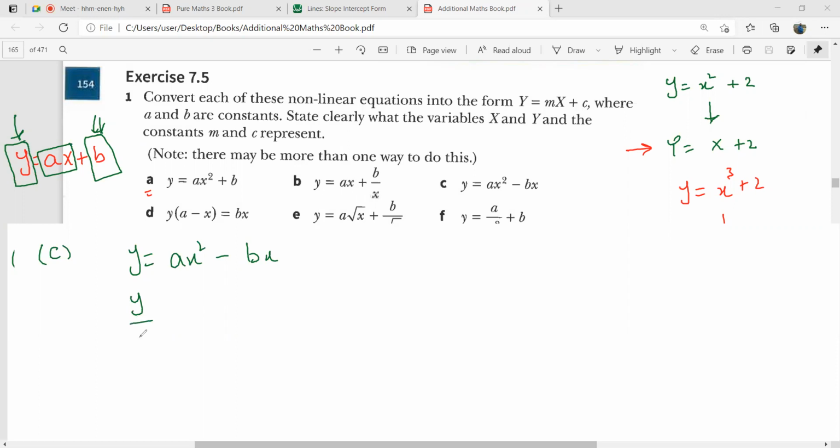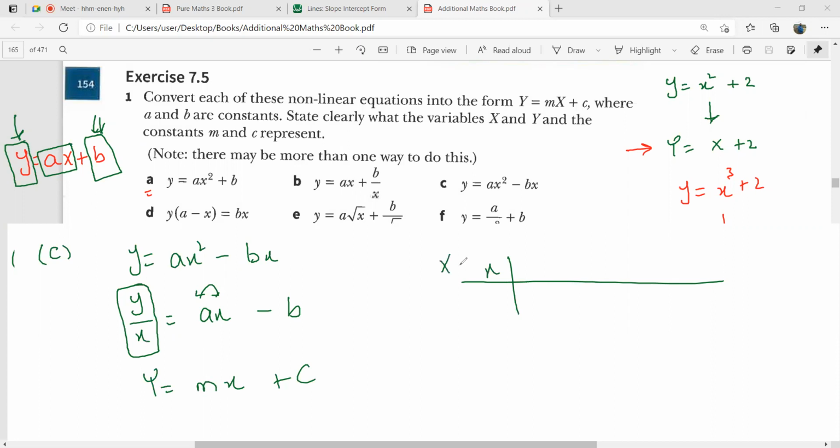So this would become y over x, that is equal to ax minus b. Now this one is purely all variables. This is all constant. This is a combination of a variable and a constant. So your equation is going to be y equal to mx plus c maybe. This time you will keep your x as it is. There is no change in your x, okay? This will go as it is, but for the y, you will have to find y over x. That is how you will have the corresponding vertical coordinates here.